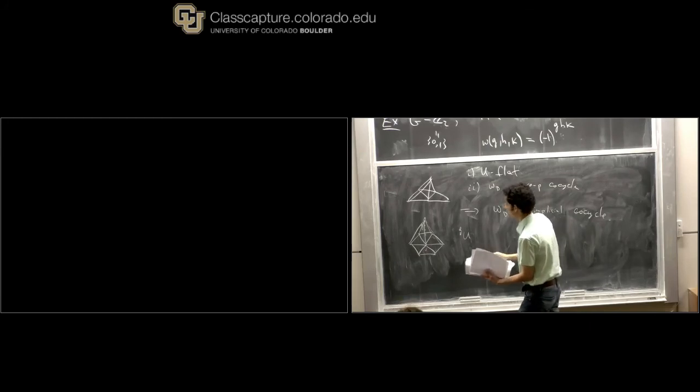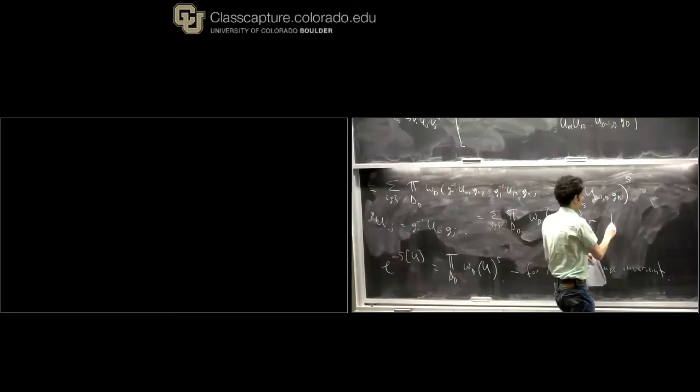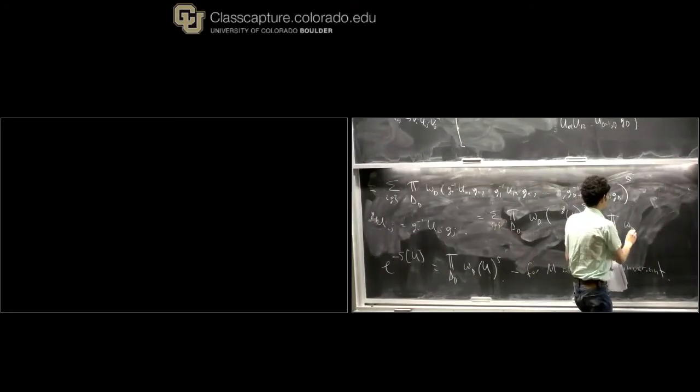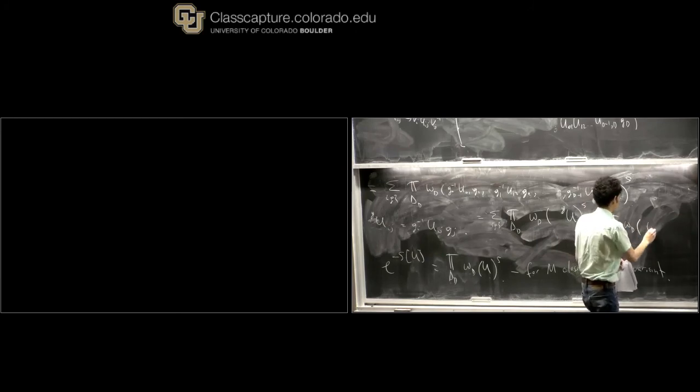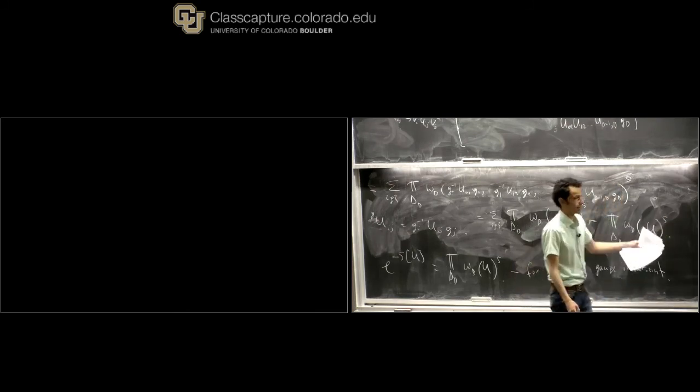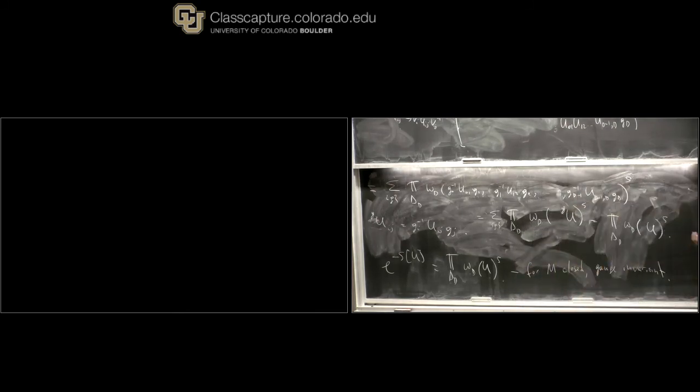So let's see. So that's nice. It means that this is not going to depend on G. So then I don't have to do any sums. I just take my omega D over every simplex, and I take the product, and that's going to be my partition function. So this works on a closed manifold. So for M closed,